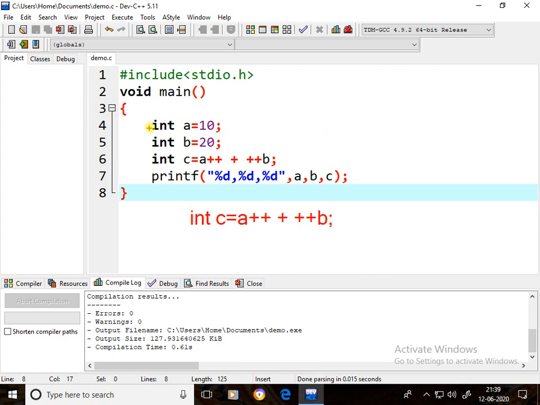Now, int a equal to 10. First of all, a value 10. Int b equal to 20. b value 20.